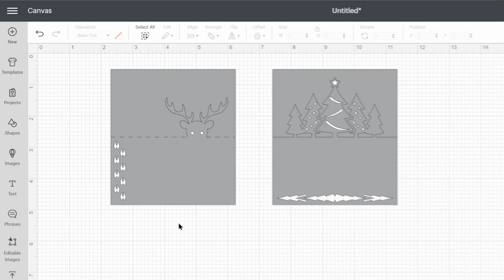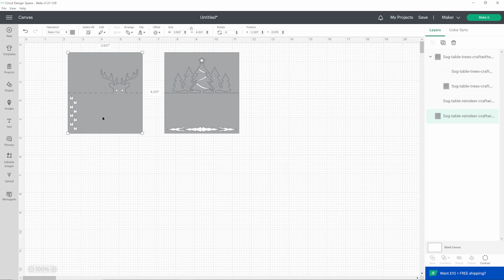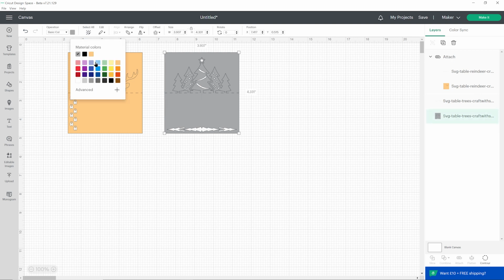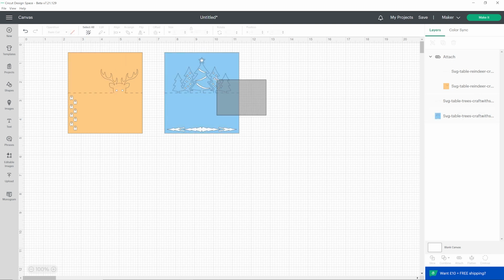To make it easier to see the next things, I'm going to change this to a bit of a brighter colour. We need to tell the Cricut to do that score line down my piece of card, so select both of the layers by dragging a box so that it touches both of them, and then press Attach. And then I do the same for this one. So I'll ungroup it, choose my score line, change it to score. I might make this a different colour to cut from different card. Select the layers and attach them.